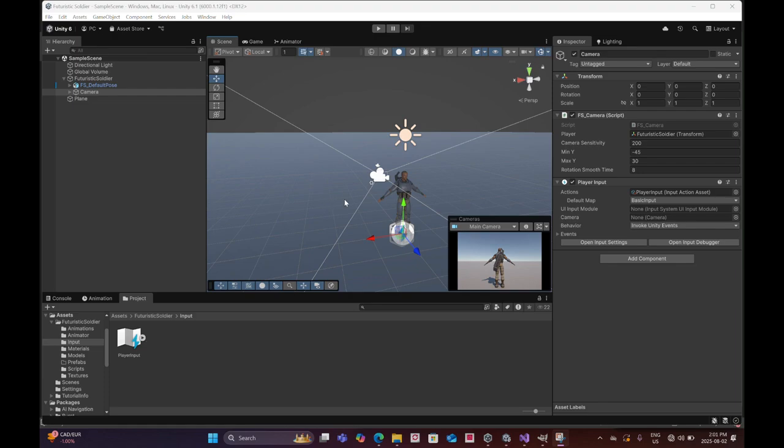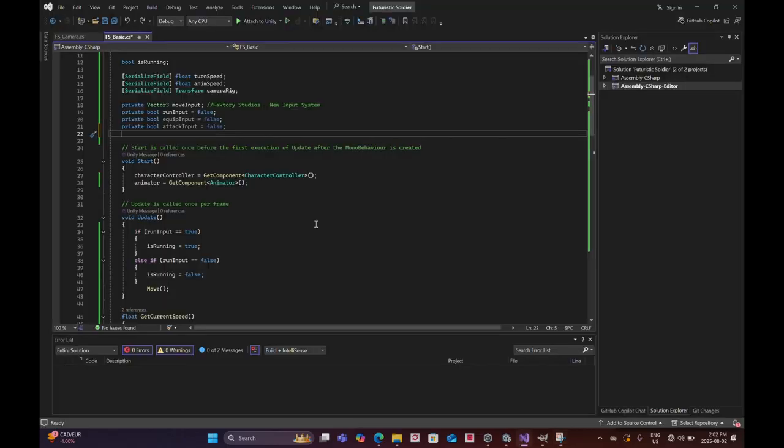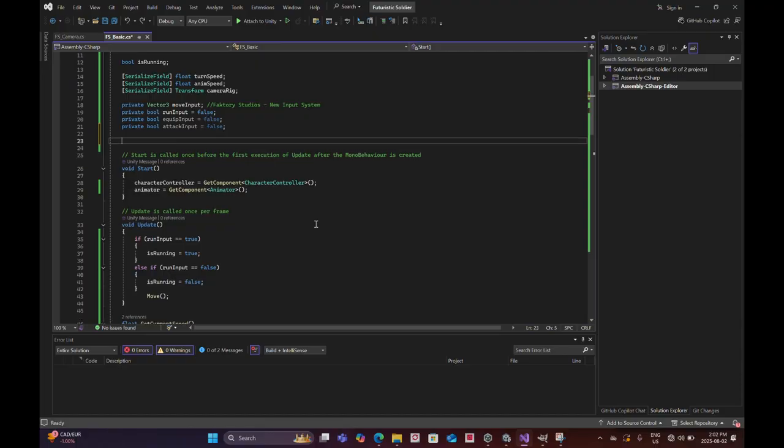Okay, so in the last video I did the basic setup for this character. I did the idle, walk and run. So for this video I'm going to do the weapon equip, so he can equip the gun, or he can be in a melee combat mode and throw punches and kicks. So first I'm going to hop into the script, and I'm going to start off by creating a